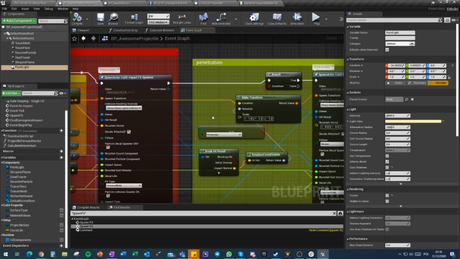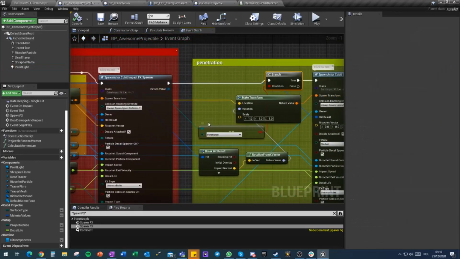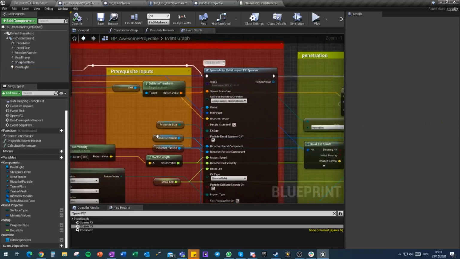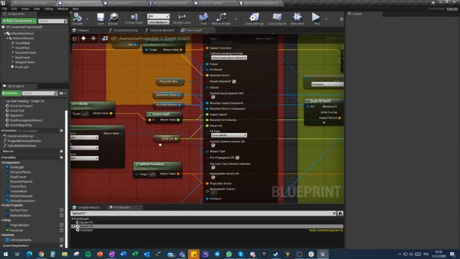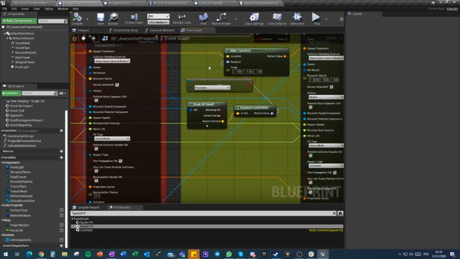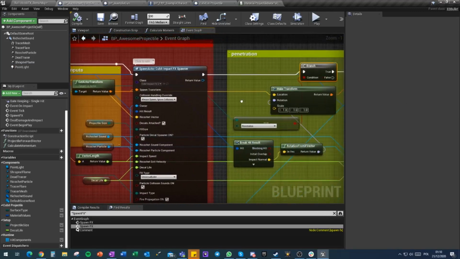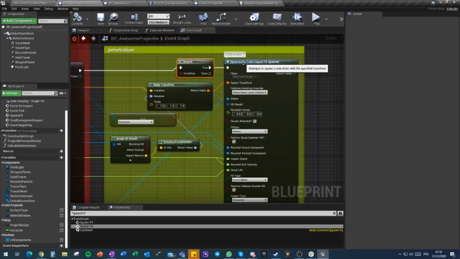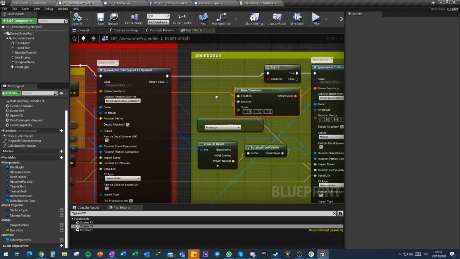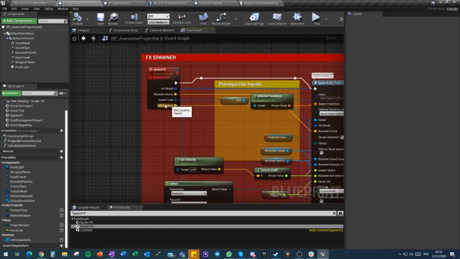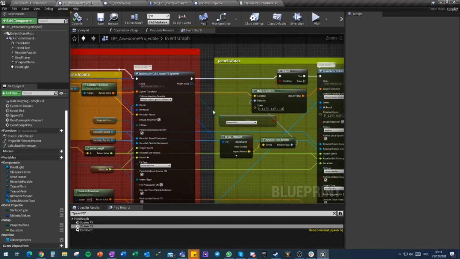And then we do a quick branch and we check if our impact type indeed was penetrate. If it was penetrate, then we need to spawn actor impact FX spawner again, but this time we spawn it at a made transform from the exit location, and it has